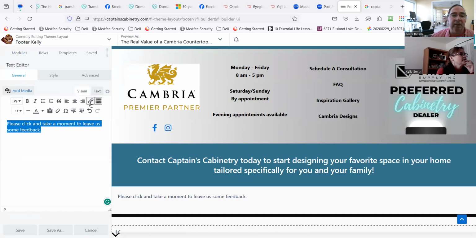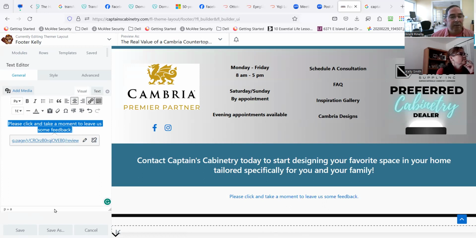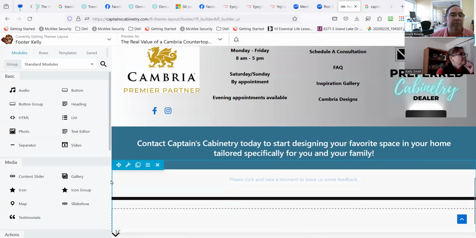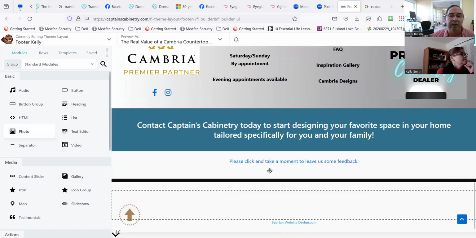then hyperlink. You've done this before, and then drop in the link right here, and hit enter. And this is now hyperlinked. I put this in the center, and hit save. And then another option would be, again, if you want, I can grab a photo for you